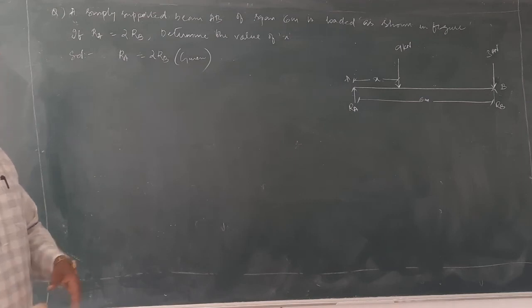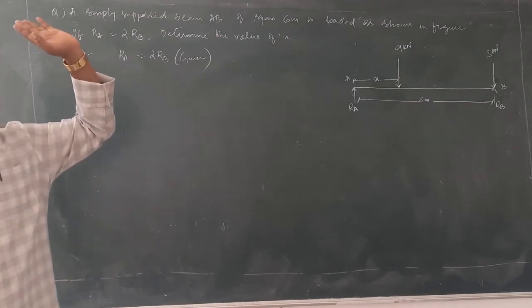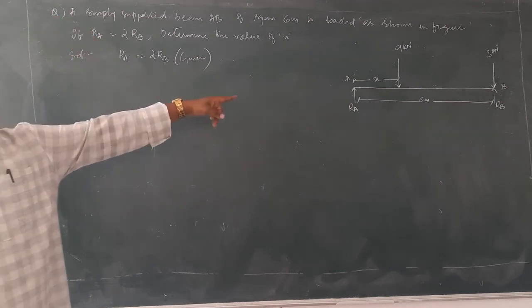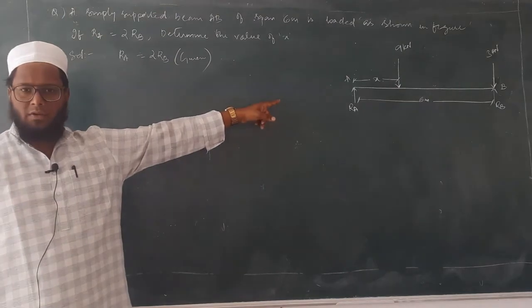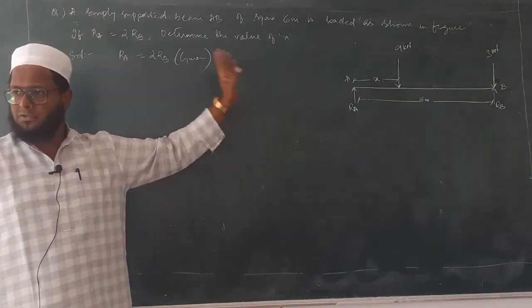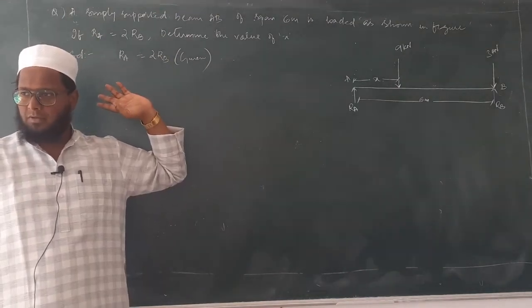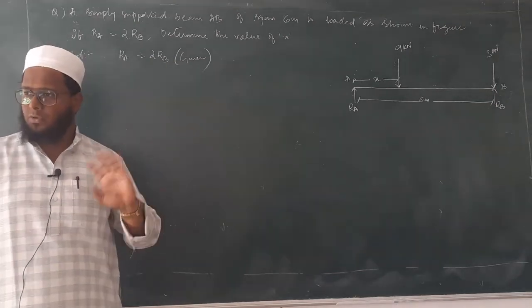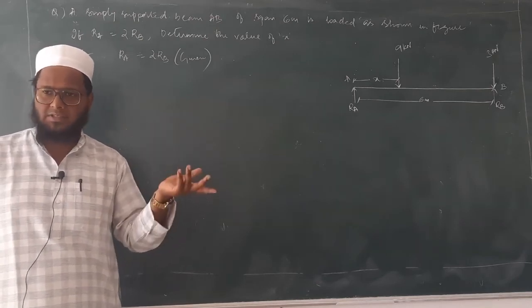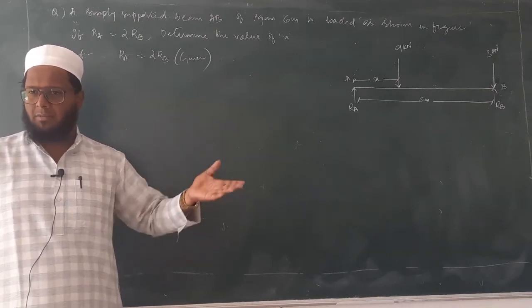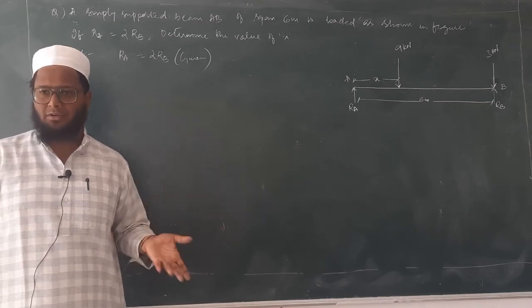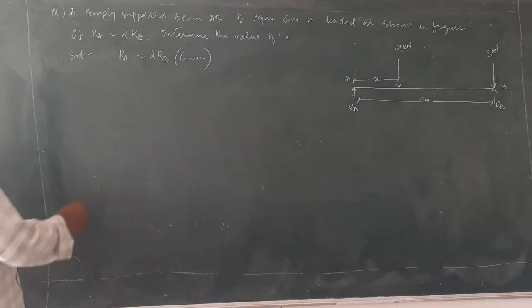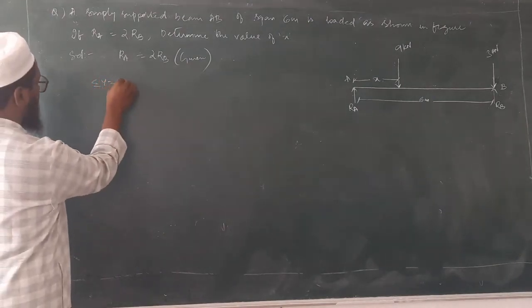Okay. So now we'll start solving our problem with the help of the equilibrium equations, that is sigma x is equal to 0. Do we have any horizontal forces in this beam? No horizontal force, isn't it? All the forces are vertical. So sigma x is not valid, or we cannot use it. Even if you use it, you will not find any horizontal force. Okay, next we'll go for sigma y is equal to 0.